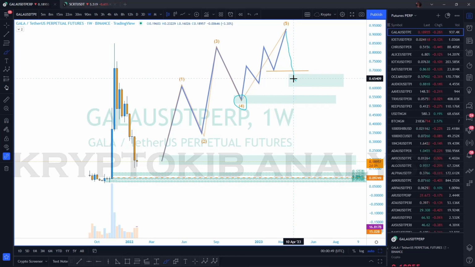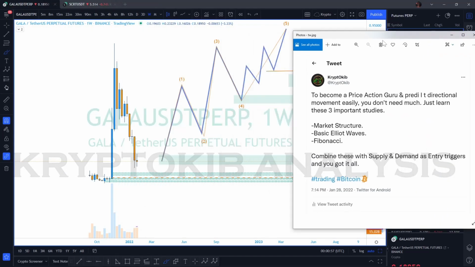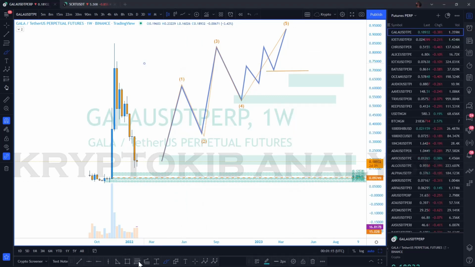So your Fibonacci in this case is just used like an entry trigger. Why the market structure, I've explained it, the basic Elliott waves, I've explained it, that if you have a move up like this, like we have from this low to this point, if I go down into this lower time frame now, we can see that it doesn't just happen in a straight line, it's a structure. Okay, I want to round up now, 21 minutes, so let me quickly box this